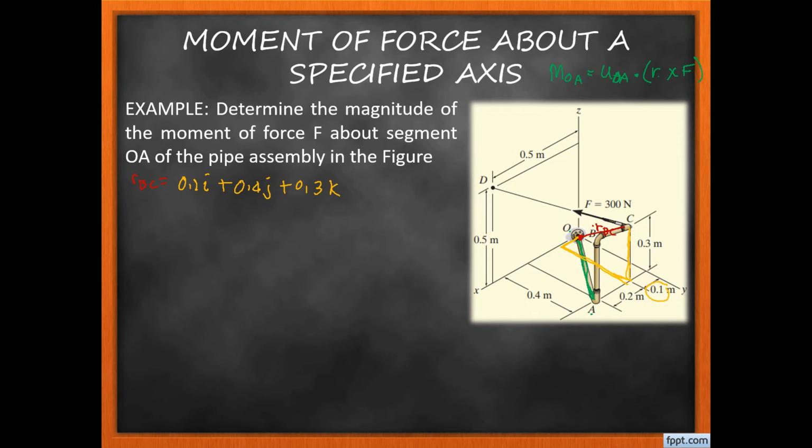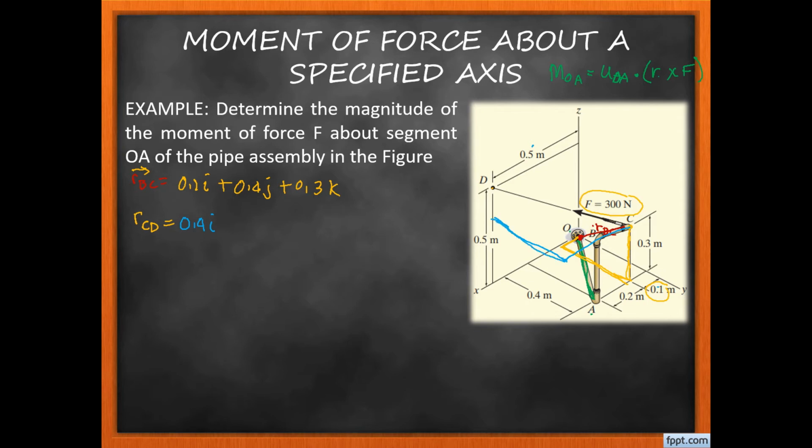Okay, so yan yung RBC natin, and yung ating force na 300 Newton, dapat i-convert natin siya into force directed along the line or in Cartesian vector form. So para ma-convert natin yan, kunin muna natin yung position vector ng ating line CD. So ang direction natin is from C going to D. So para makarating tayo doon, travel tayo along x-axis. So kung 0.5 yun, meron tayo ritong 0.1, nabawasan ng 0.1, so malamang ito ay 0.4. So meron tayo 0.4i,